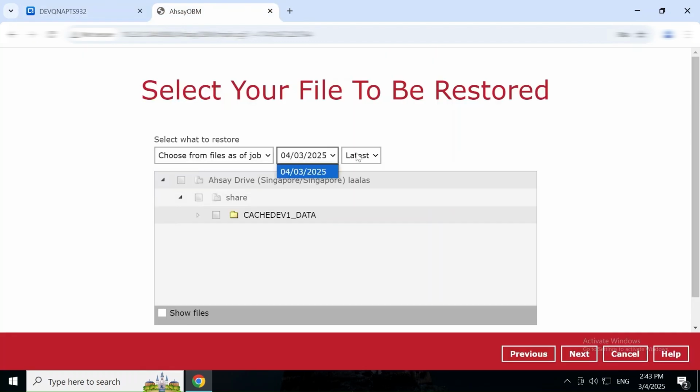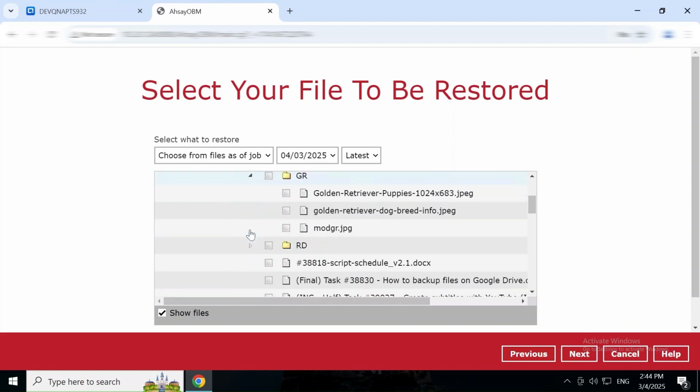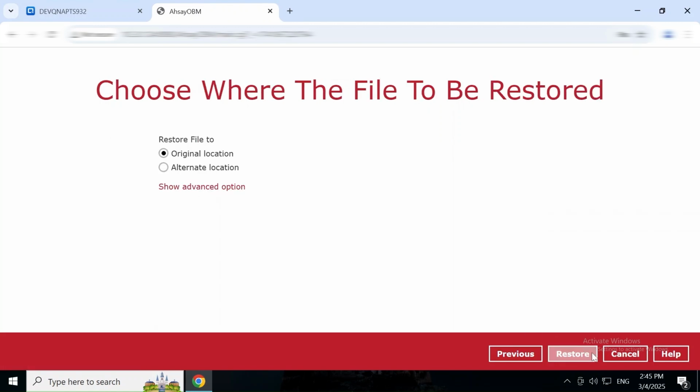Going back to Ahsay OBM, select the backup version. Check the checkbox for Show Files so files will appear. Collapse the directory, then select the files and/or folders you aim to restore. Click Next. As we intend to restore to the original location on the QNAP NAS device, keep the default selection